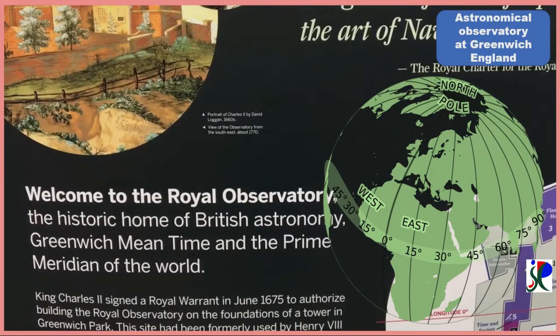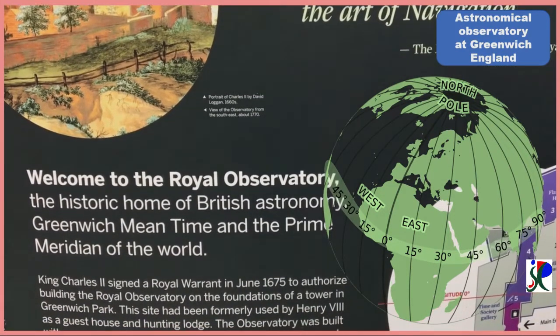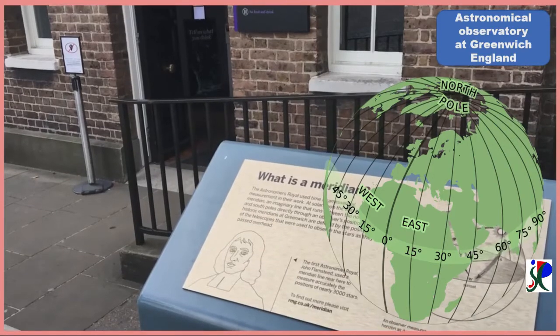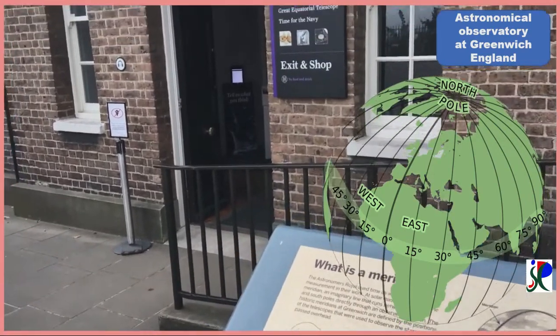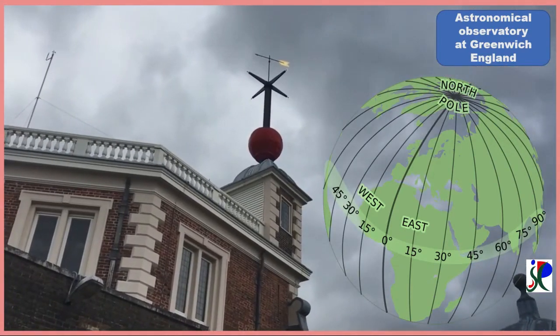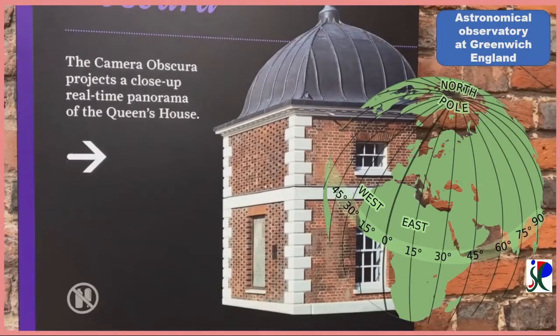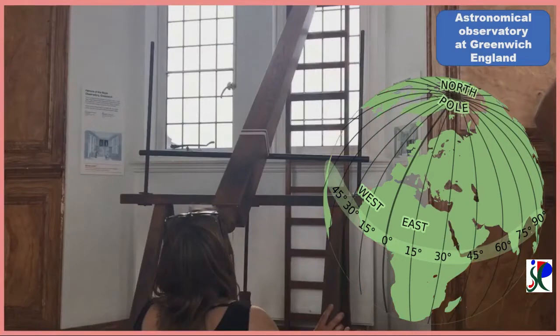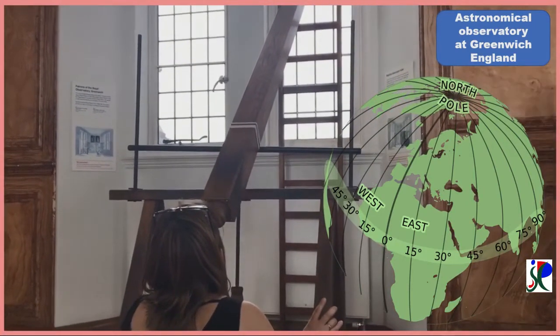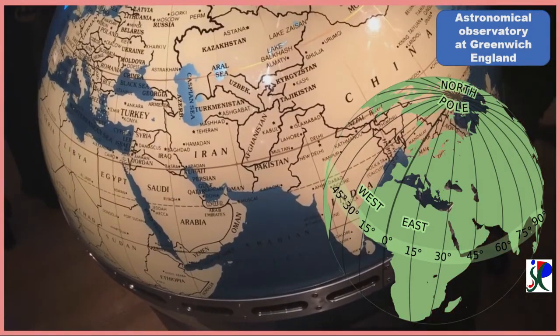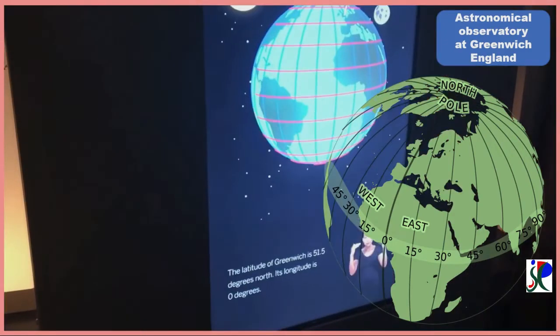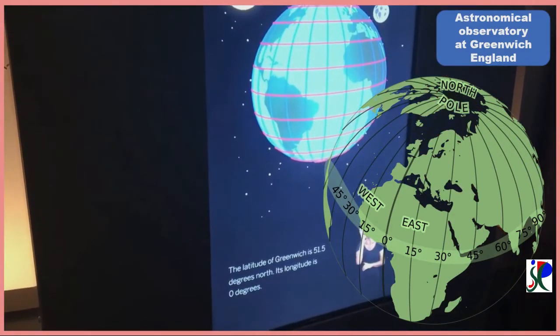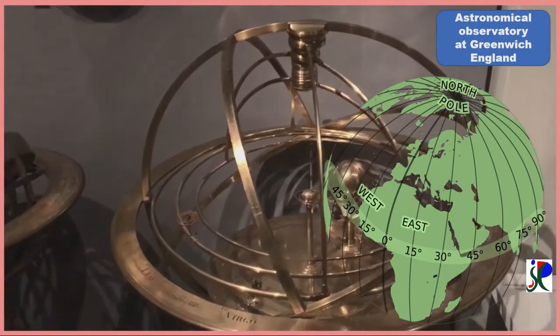Several countries tried to fix a longitude that passes through their own territory as the 0 degree longitude. However, England decided that the Greenwich meridian will be the 0 degree longitude. They ruled a large part of the world at that time. So, everyone else ended up following their system.